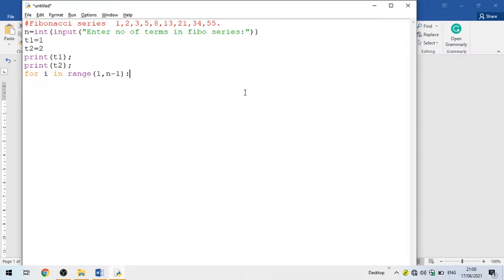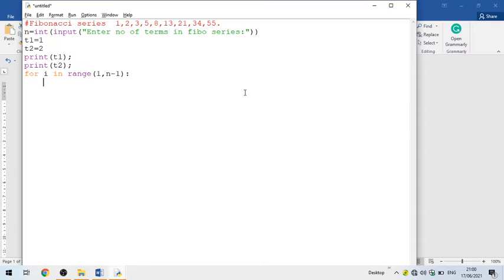If we enter the number of terms as 9, then this loop will iterate 7 times. Why? Because we will start from 1 and we will end at 8, so it will end at 7. So definitely it will run 7 times.